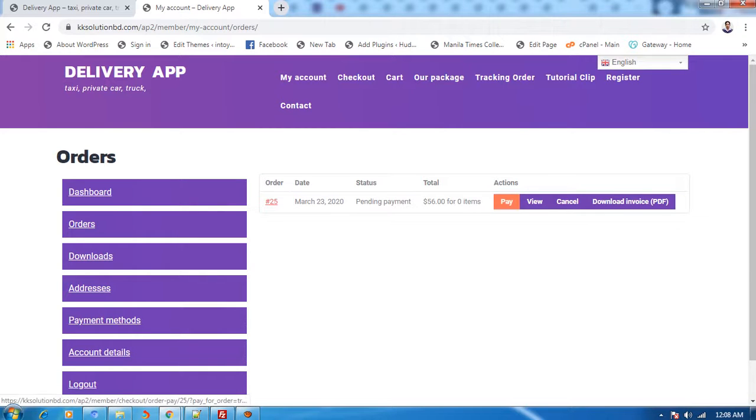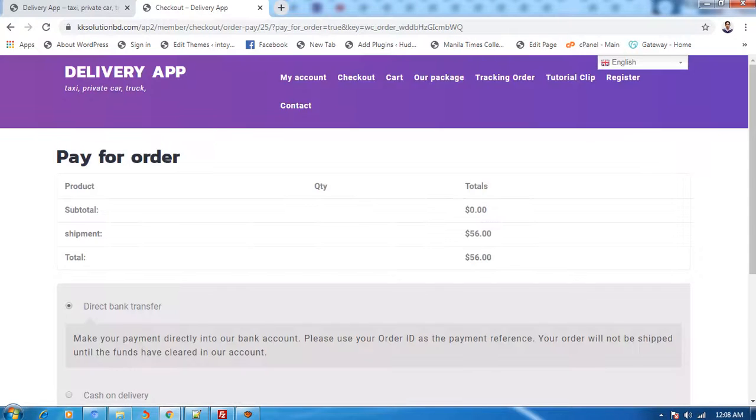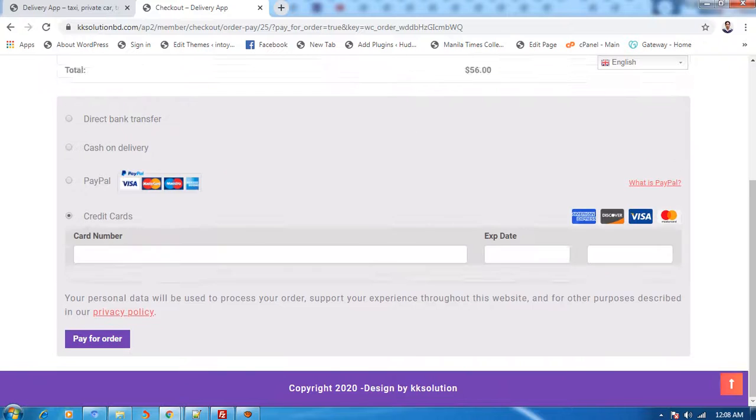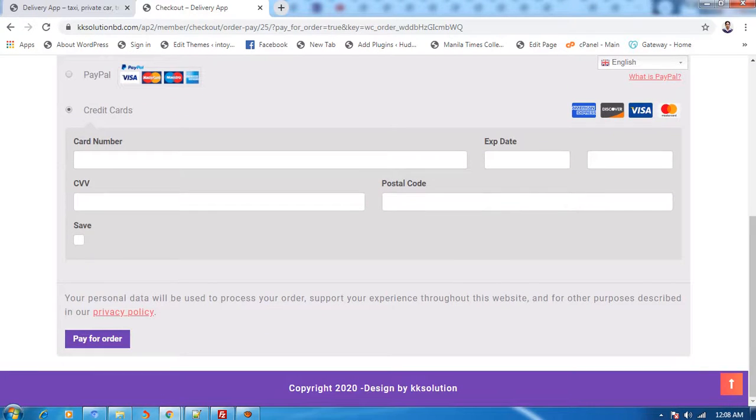You click payment, then pay. Currently, when the admin accepts the order, you can carry on as you wish. You can pay.